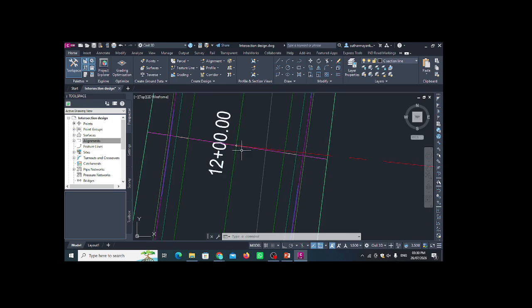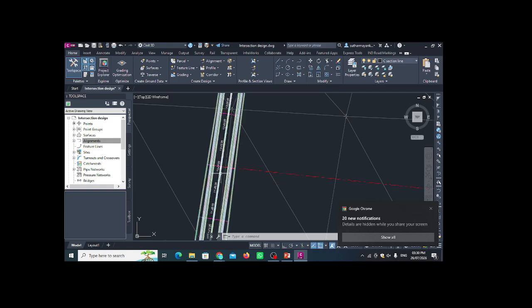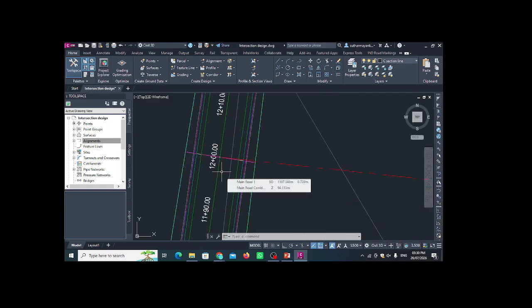Now I want to know what is the elevation at this channel 12 kilometer 12. For that, there are two or three different ways. Whichever way you find easiest, you can do it during your practice or during your work. The first thing is, if you don't want to do so many things,